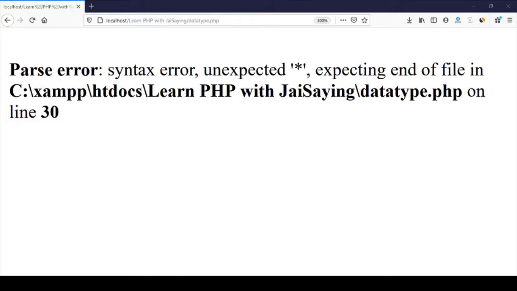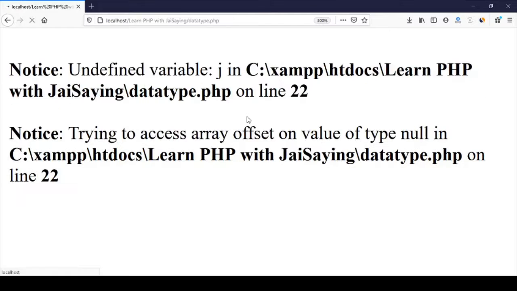Line number 30. Now you can check here: undefined variable j.